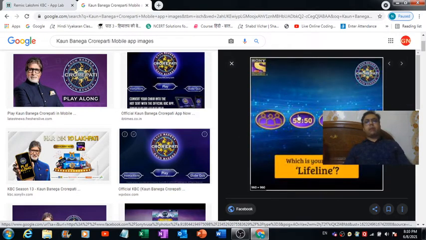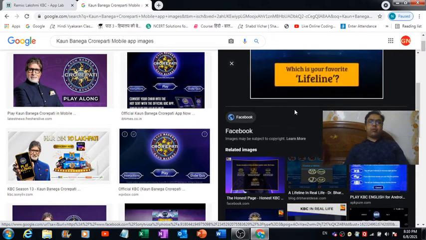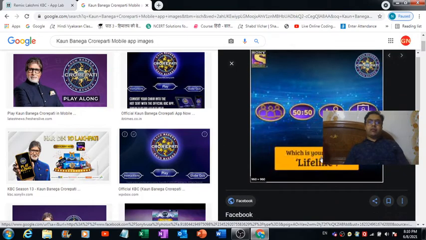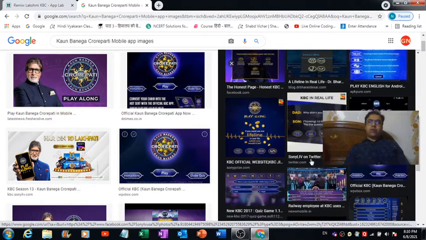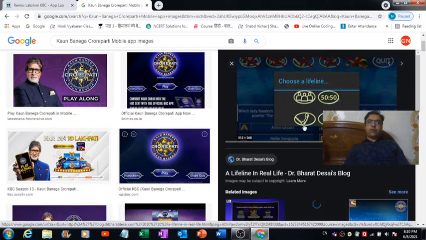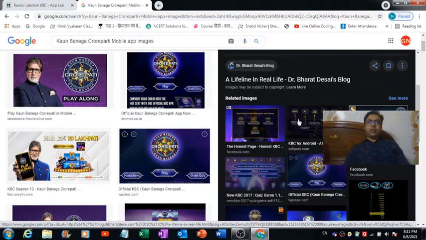What you can do is put them in Paint, and then cut and make separate copies of these lifelines which are visible to you in this image. Similarly, you can make use of this lifeline image too.